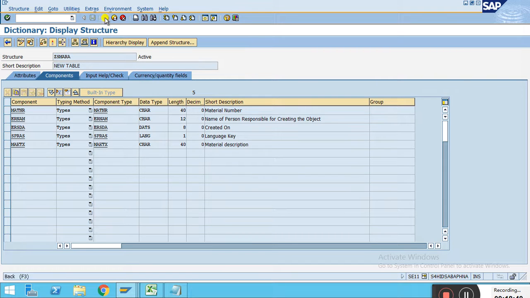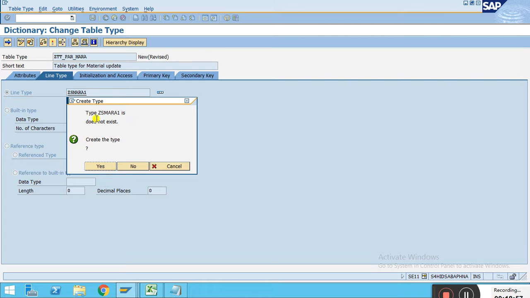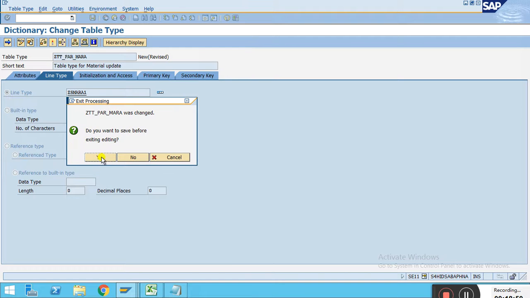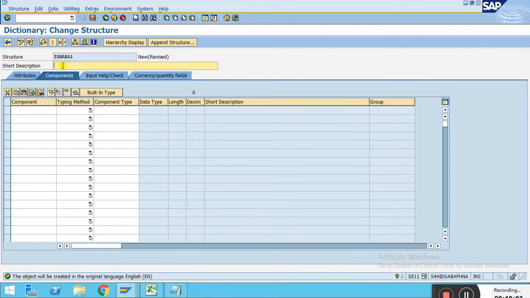It's a different one. I can't use this one. Maybe one I can use over here, and it's telling me, I think, that this does not exist. Okay, I'm just going to create this one. I'm going to create this structure, a structure for material update